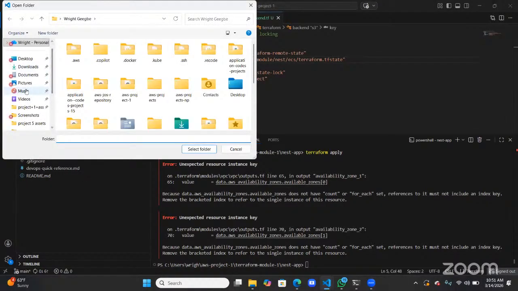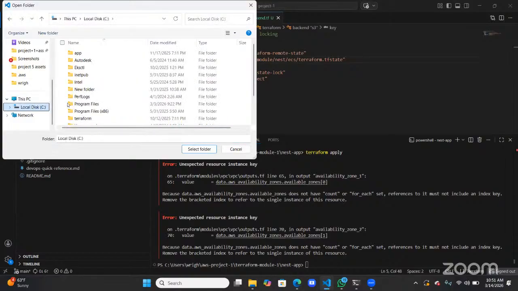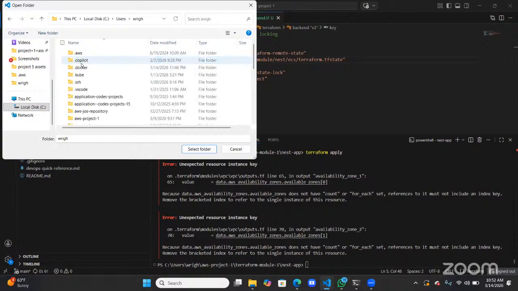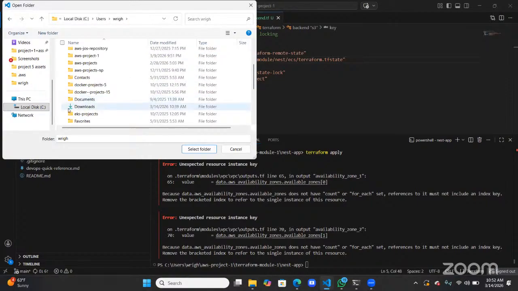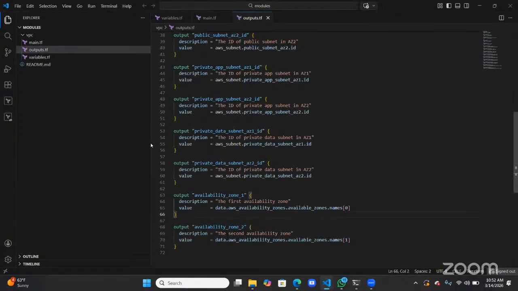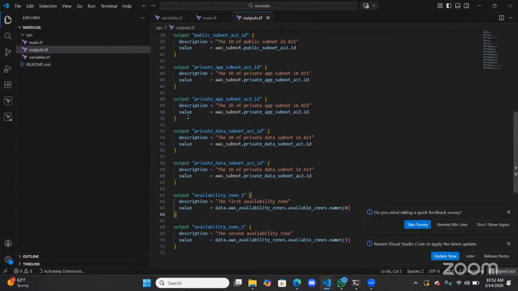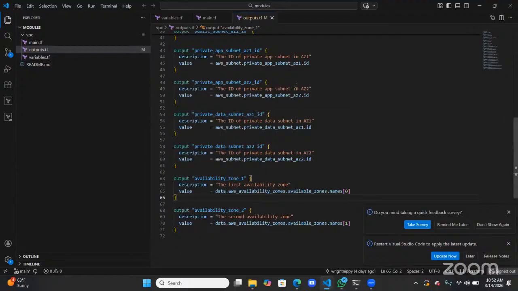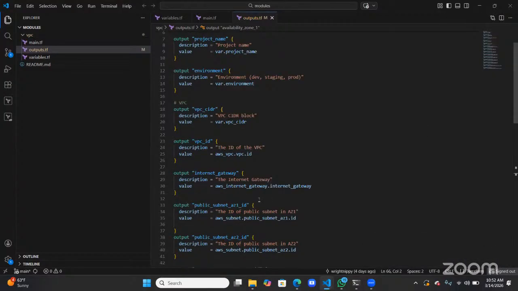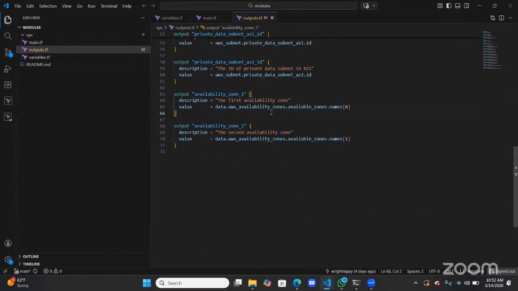It does not have count. No, are you trying to open it? Okay, yeah, you're trying to open for. So where are you exporting that output? Let me see the output. So where's the output that's giving you the error? Here, this one.